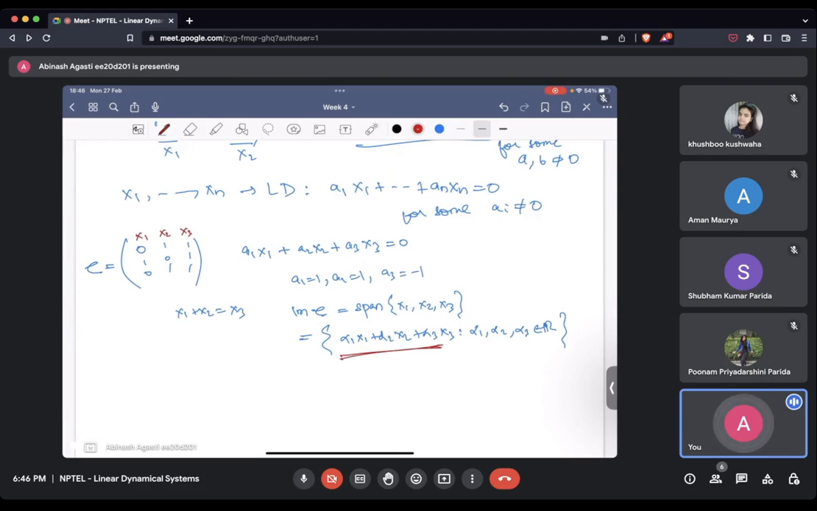So now what do we want to know? We want to find out the image of C, right? From this, what do we know? This implies x3 can be written as minus a1 x1 minus a2 x2 divided by a3, because a3 is not zero. So that means I can write